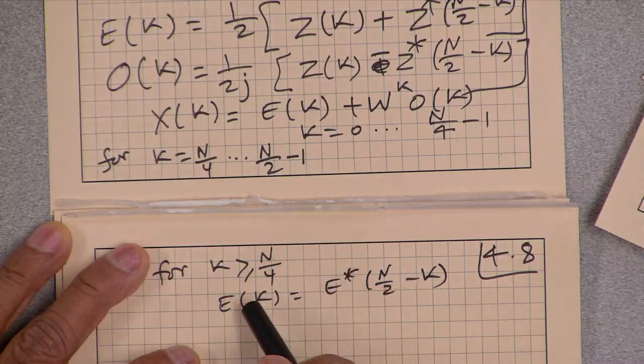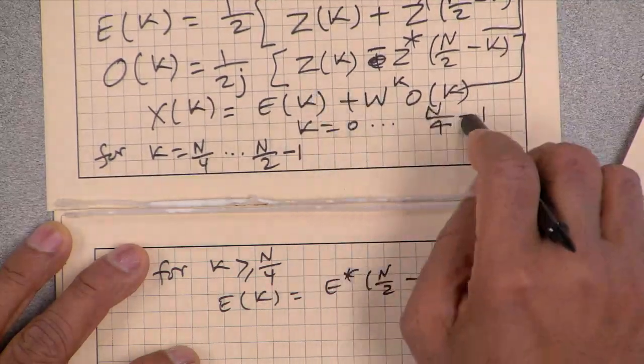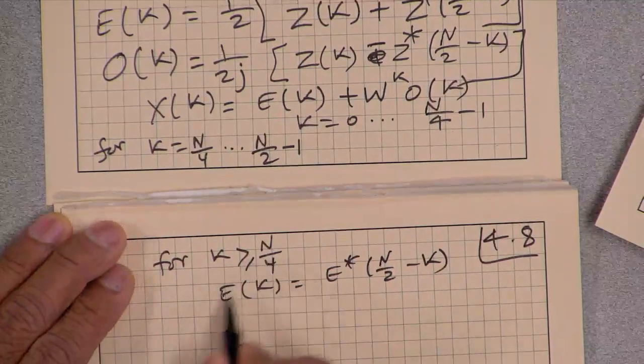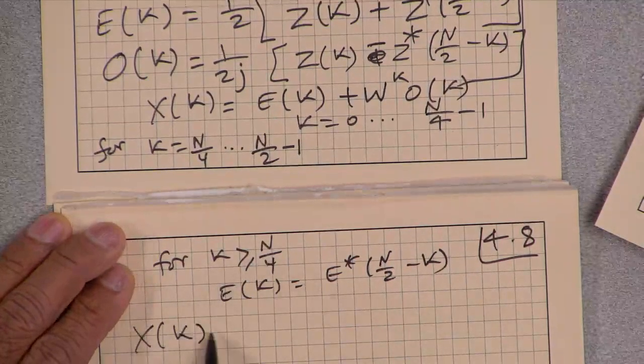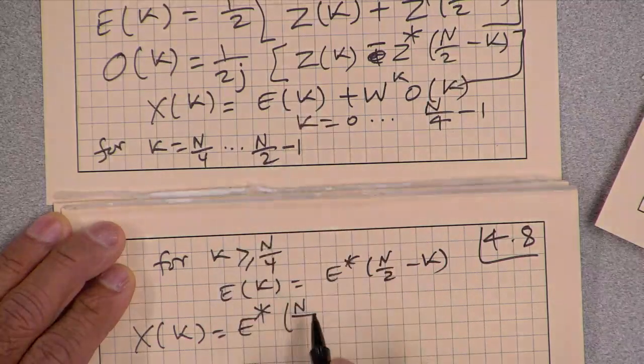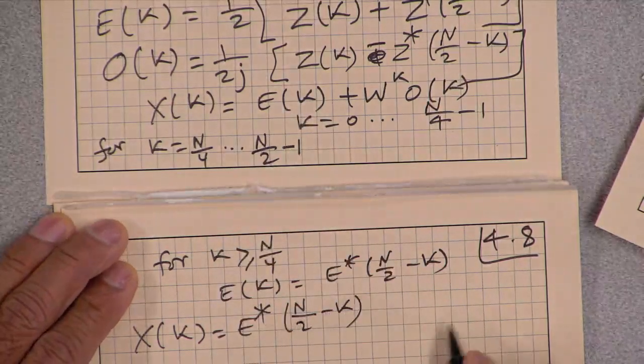So in fact, n by 4 plus 1 will exactly be the conjugate of E of n by 4 minus 1. Okay, so we can say that for k equal to that, Xk is equal to, Ek can be replaced by E conjugate n by 2 minus k